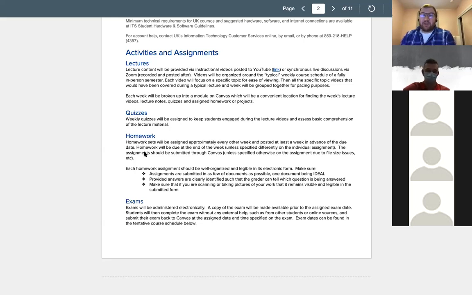Homework, instead of doing a typical every week homework, I wanted to lighten the load a little bit this semester since it's online. So we're doing every other week homeworks. There's some exams in there, so it isn't perfectly every other week, but more or less every other week you'll have homeworks. And these will be a little bit more in depth than the quiz questions, which I think of as simple questions, maybe brainstorms. The homeworks are more problem solving and so forth. So that's the difference between the two.